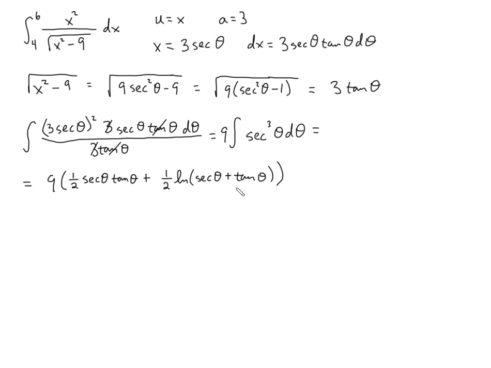Plus, not minus. Okay, so if we distribute the 9 in there, we'll get 9/2 in both of those terms. So the next thing we need to do is change this all back into thetas,